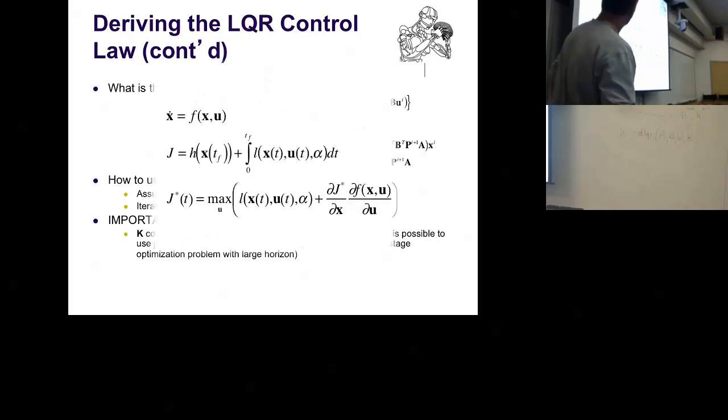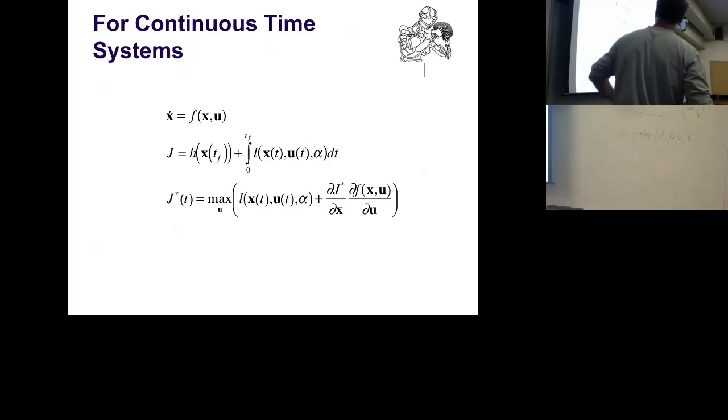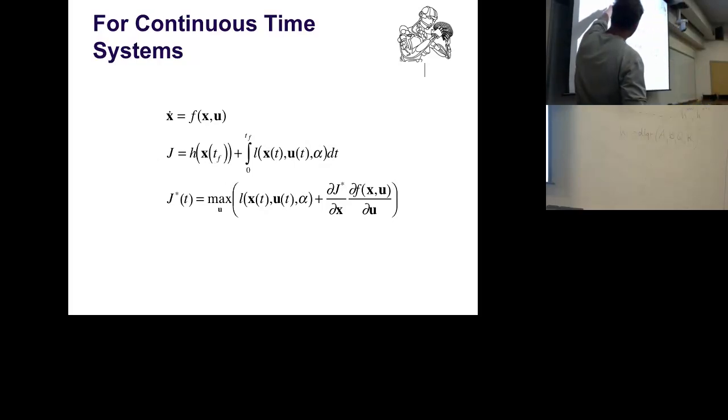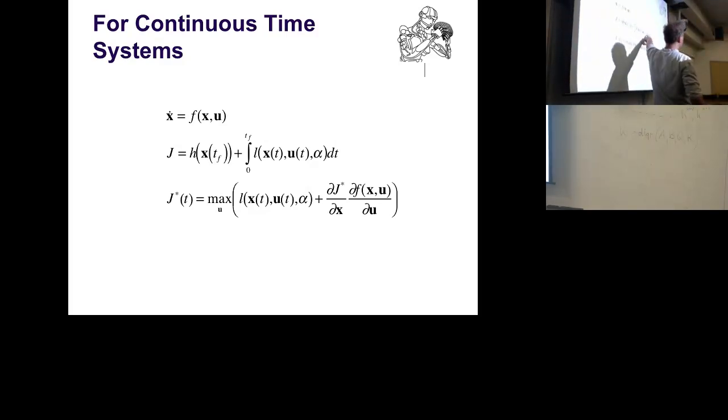Last but not least, for continuous time systems, I mentioned that at the beginning, things change a little bit. You now write continuous equations, so you get x dot equals f of x and u. The cost function now becomes an integral over the cost. It's not a huge difference. You still have a terminal cost. And Bellman's optimality principle becomes the Hamilton-Jacobi-Bellman equation, which looks like that. So it just becomes some differential stuff. It works in the end in exactly the same way as what you just saw before.